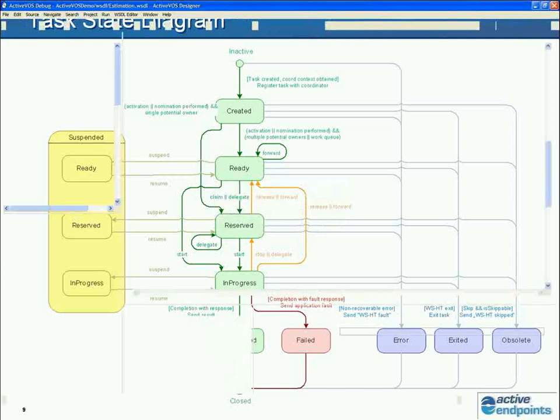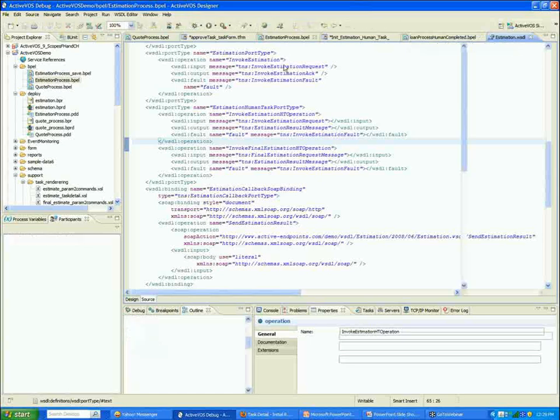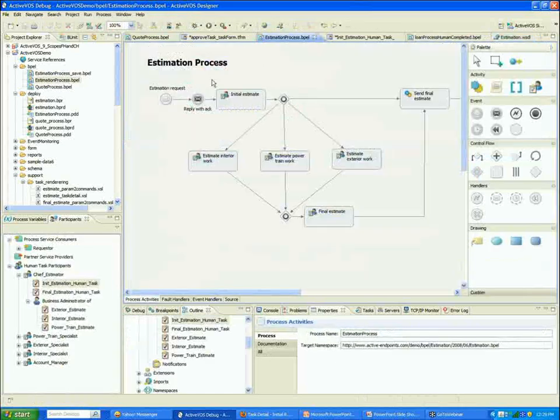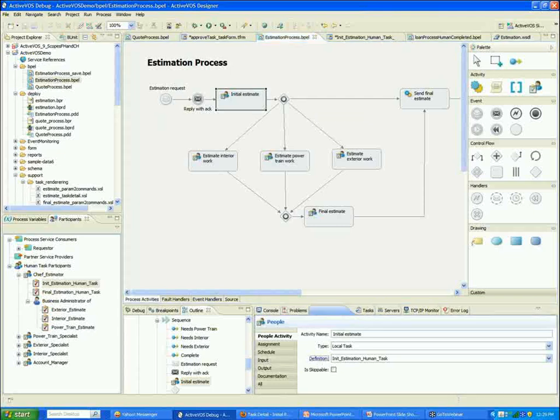Another thing that's being standardized in WS-HumanTask are the various roles that you get when you're working on a process. Let me show you that a little bit more. I'm going to look at this initial estimate task. I can see when I go to the definition of the task